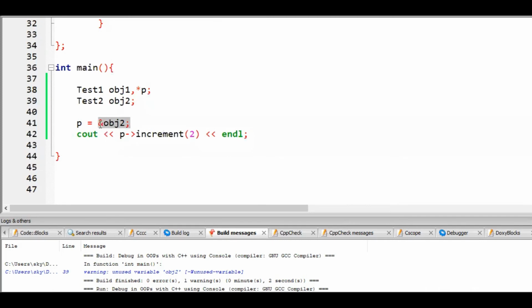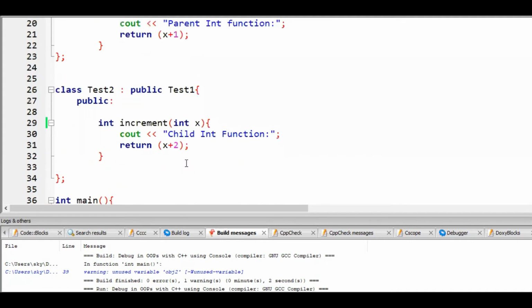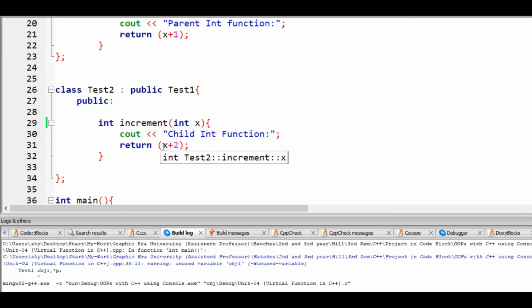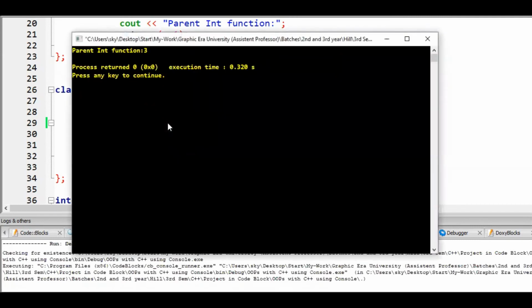So if I call this method using this pointer, passing any integer value, then this should be called, right? Let me execute it to see the output. Oh, the output is again the same.